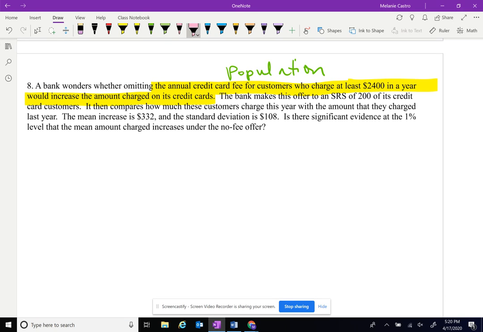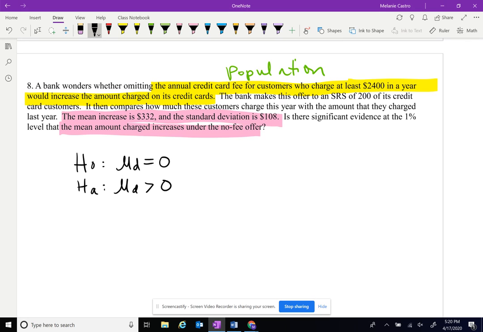And this one, I don't know if I even want to touch on it. It does talk about the mean increase, the mean amount that it changed from year to year. And so this one's a little bit harder to see. What was the mean difference? Did it increase? So they are looking at the average amount of increase or difference in this problem. So based on how I defined my Ho and my Ha,